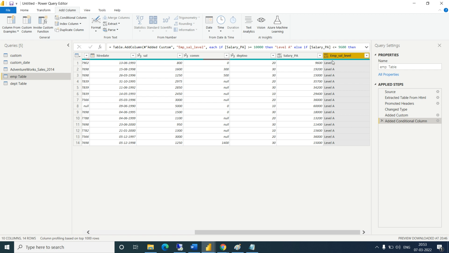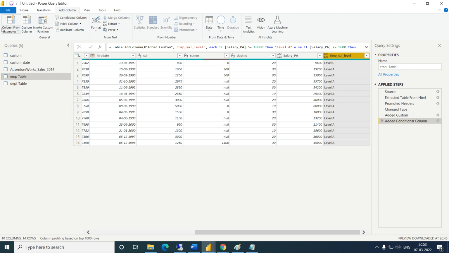You can see less than or equal to 9,600 is level C. If salary is more than 10,000, it means level A. So all are level A, and level B is not there because all salaries are more than 10,000 here. So this is a KPI.